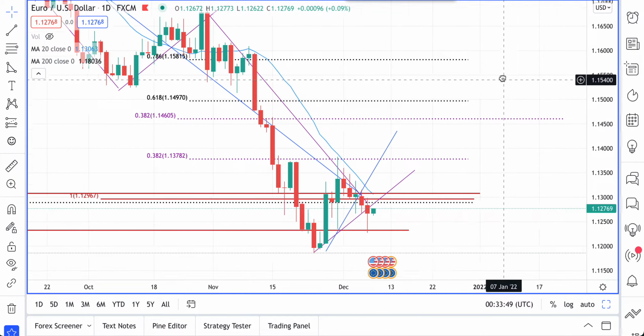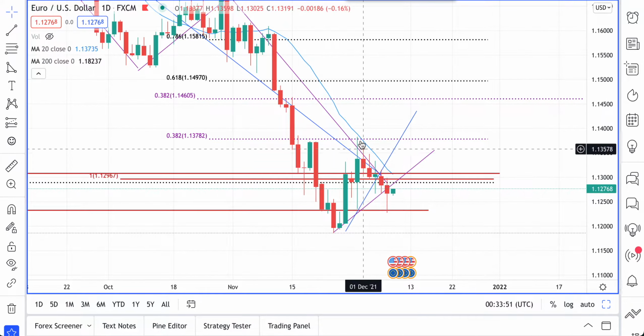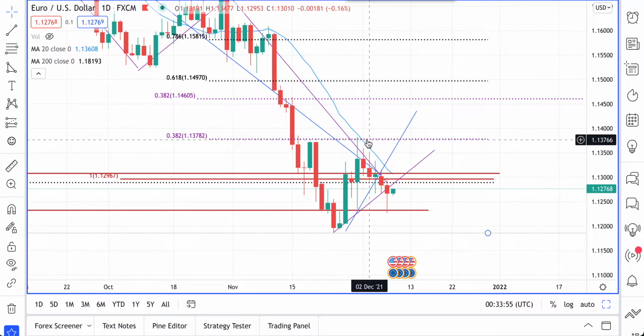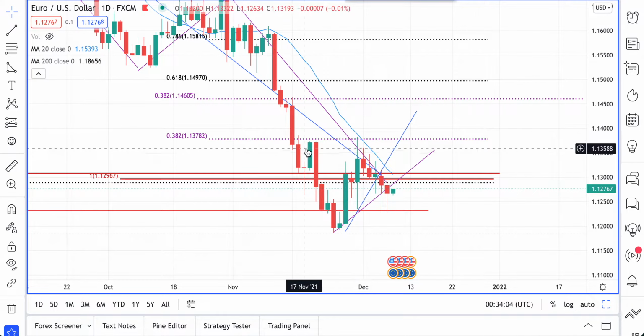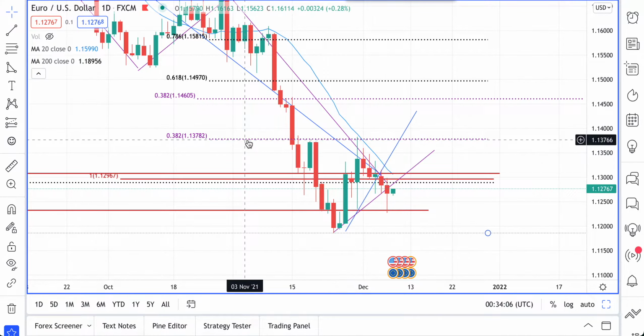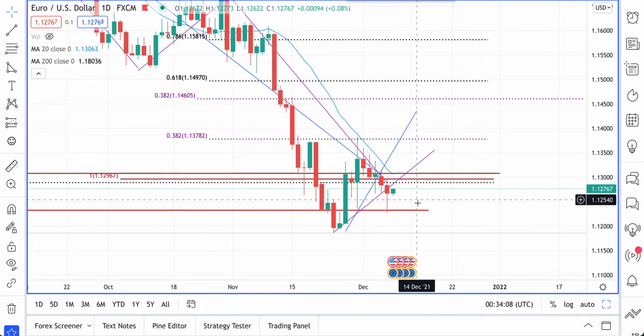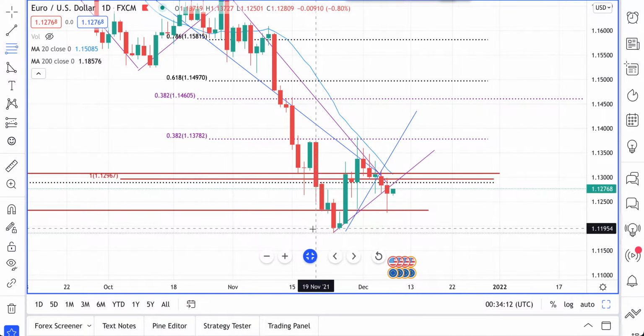What the price has done from here is quite interesting, because it rallied right into the 38.2% retracement level around 1.1380, and it found resistance from here, which was kind of expected of this 38.2% retracement level, and it rotated lower. And then what it has done in this little move over the last week or so, week and a half,